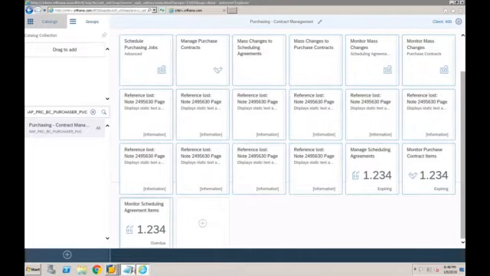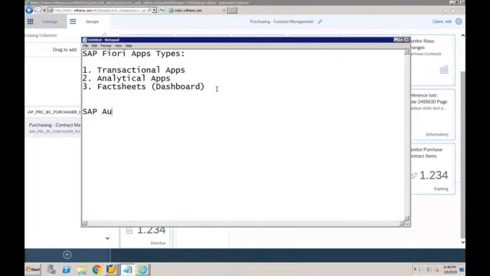If we talk about SAP authorizations, the flow is like this. Your user ID is assigned to what? Roles, right? Your user ID is assigned to roles. Roles are assigned to what? Catalogs. Within the catalogs, there are groups.